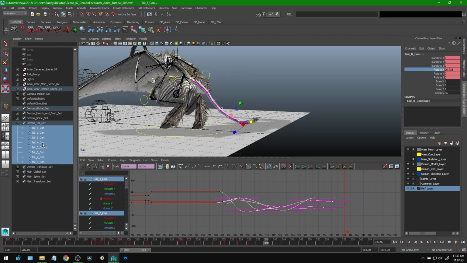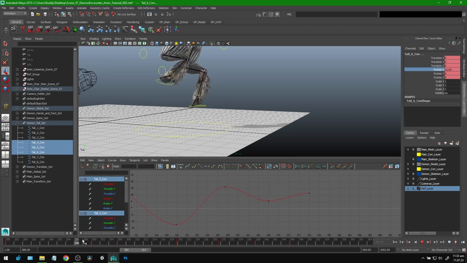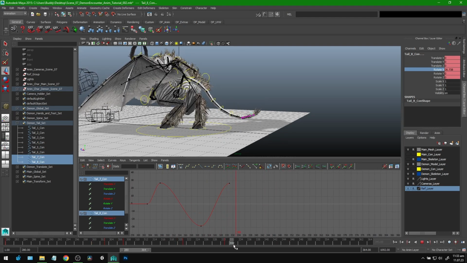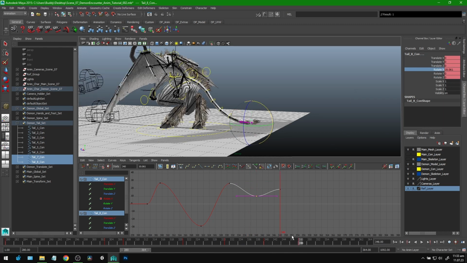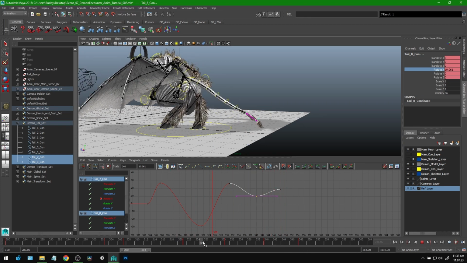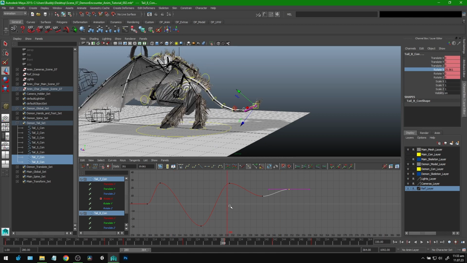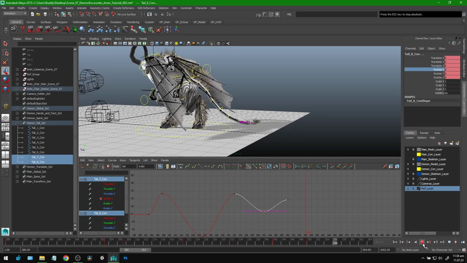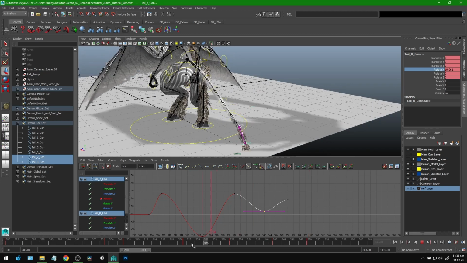And now maybe I can take the third group and give it another extra bounce here. I think if I do that extra bounce, it'll help this tail and secondary movement have a little more to it. Because now I can follow and add a little more detail there. Let's see what that looks like. Looks okay. I'm going to stretch this out just a touch. It looks bad. Hold on. Let me see if I can fix this. I think I want this to come up a little later, maybe. Okay. It's not great. I don't really love it, but I think this little portion here will be masked